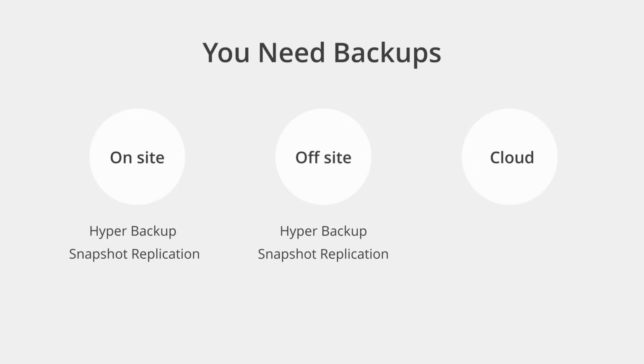You can use Hyper Backup or Snapshot Replication to push data off the NAS to a different location, and you can even use Hyper Backup to push it up to the cloud. But my advice to everybody utilizing a Synology MailPlus deployment is definitely check out Hyper Backup, because it has a specific configuration backup for MailPlus so that if you did need to do a big restore from the cloud, for example, you could easily reconstitute your entire mail server deployment without having to reconfigure everything from scratch.